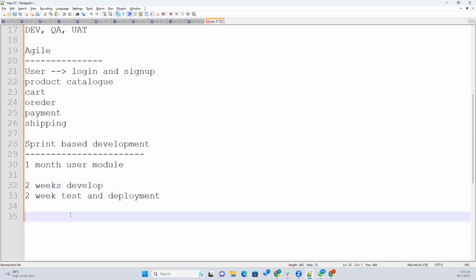This is called the agile process, and it is very, very famous nowadays. Every company has already moved to agile, and a few companies are definitely going to move, even if they are following legacy systems.